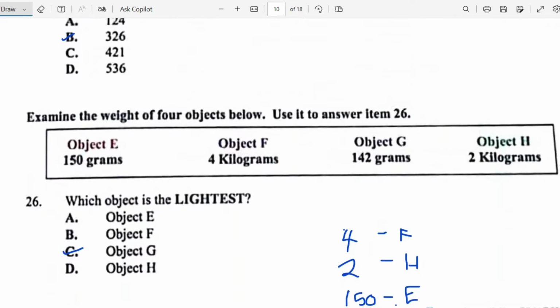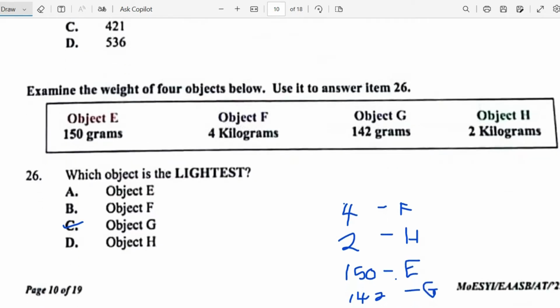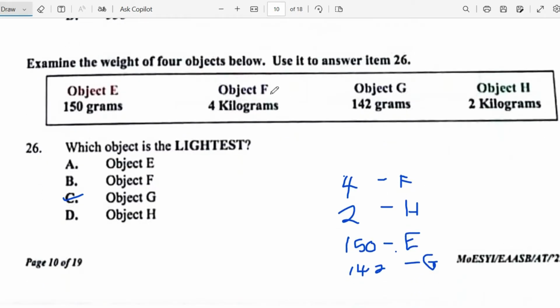Examine the weight of 4 objects below. Use it to answer item 26. Let's look at the objects: E, F, G, and H. The one that is the lightest is G, because 4 kilograms is the heaviest, and then we have 2 kilograms, which is the second